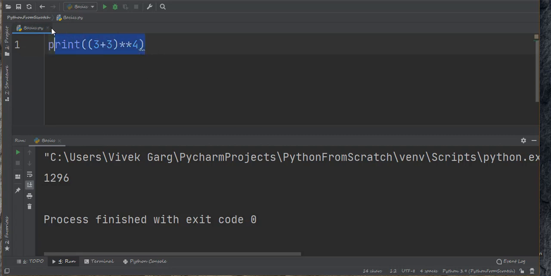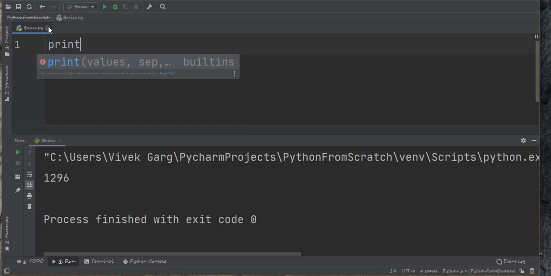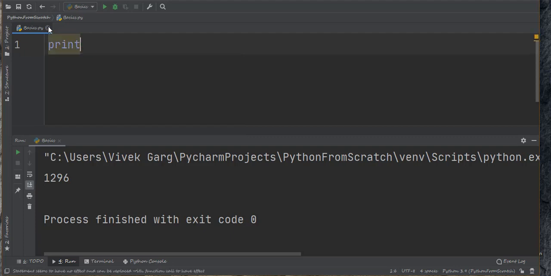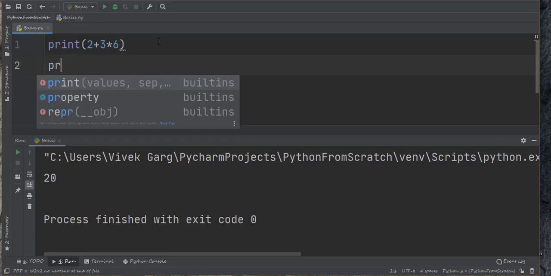There is nothing much to explain about the operators and writing expressions, but as we are doing it from the basics, we need to discuss a little about the expressions. We're going to see some more examples about it. If I'm writing here 2 plus 3 into 6, what would be the output? Highest precedence would be given here to the multiplication sign, so the output would be 18 plus 2, 20. Right. But what if I change it like this?